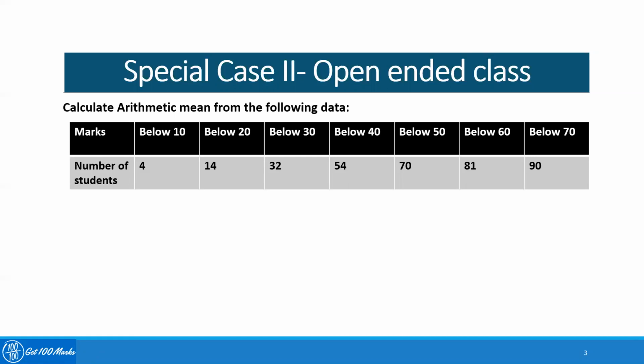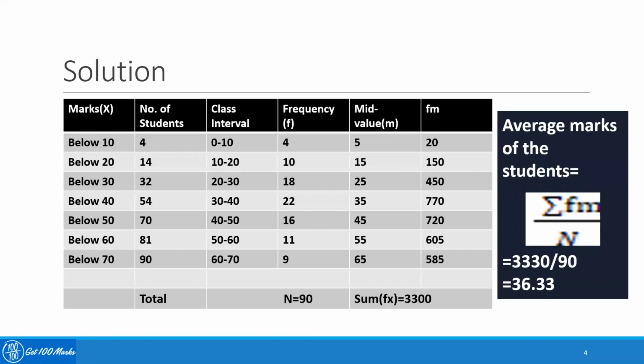So let's understand this question and what the steps are. Let's follow it. The first thing, below 10, number of students is 4. So if I make a class interval 0 to 10, the number of students is 4, which I have given in the third column, CI, class interval 0 to 10, and frequency is 4. Now below 20 means I am keeping a class interval of 10 to 20. Below 20 even includes the class interval 0 to 10. So the number of students who will be only in the range of 10 to 20 are